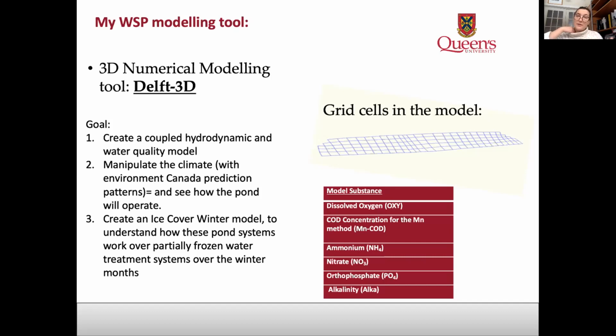So my goal of my research project is to couple this hydrodynamic and water quality model so that us as engineers can look at the system and look at the nitty-gritty details of how it's working throughout the system, so that, for example, as this case study for Amherst, we can use this to better design these treatment systems, but specifically better design them in the face of climate change. So basically my role is to manipulate the Environment Climate Canada patterns and see how the water system will